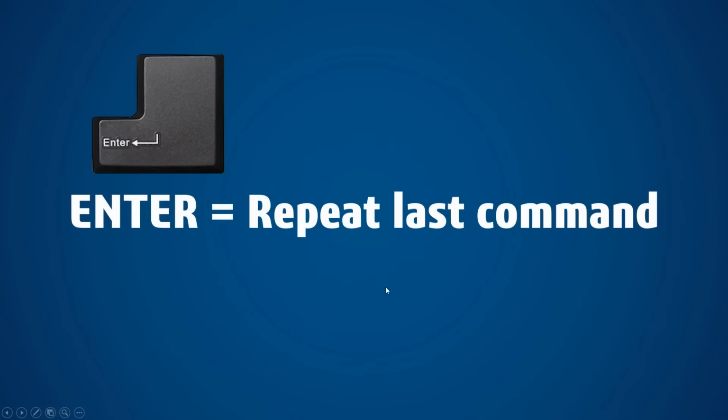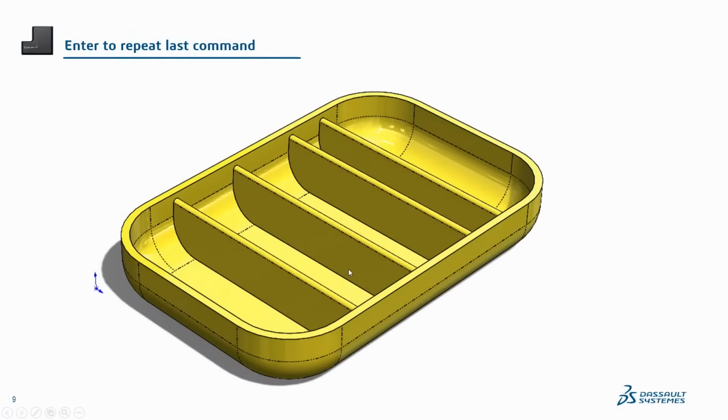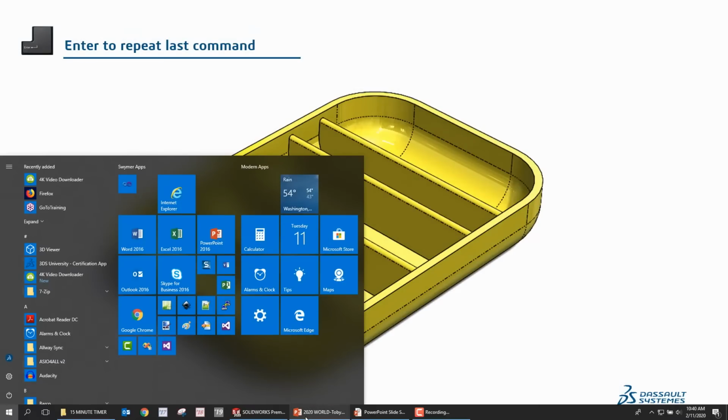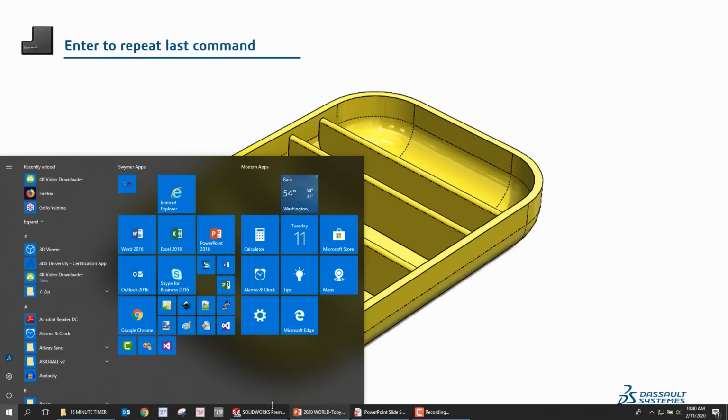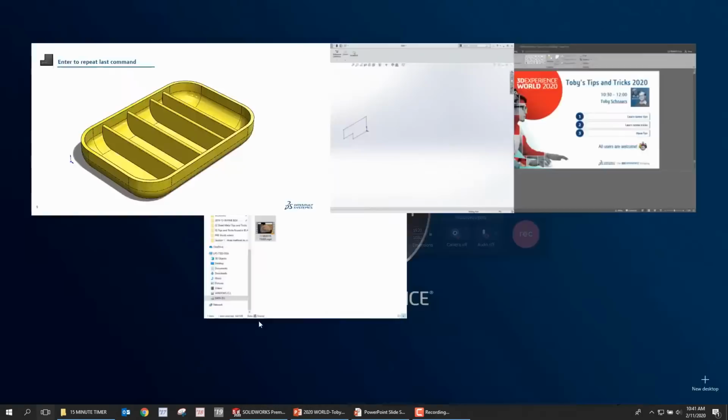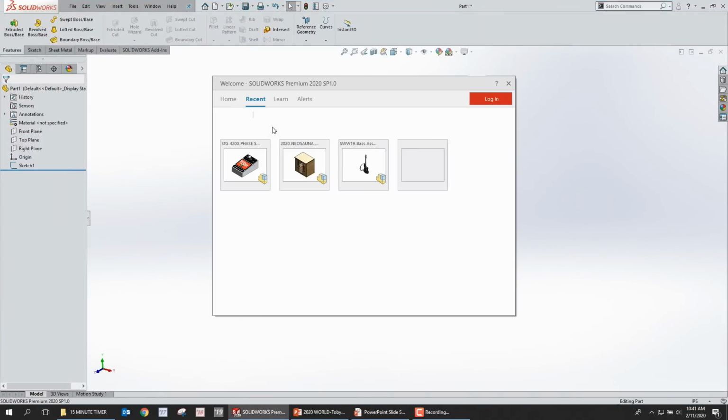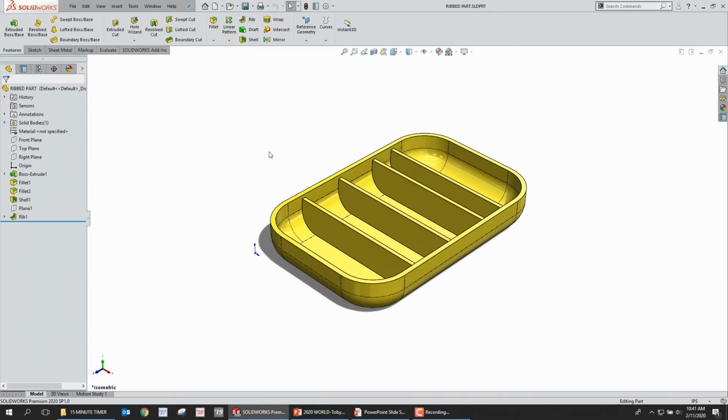Repeat equals the last command. There was an older program that used to do this too, right? You could just hit enter and that would get you back into the last command again. This works in SolidWorks too. You don't use it that often, but when you do use it, it's really helpful because you're usually doing things in bulk. So if I jump in here to SolidWorks and I go to this guy here,